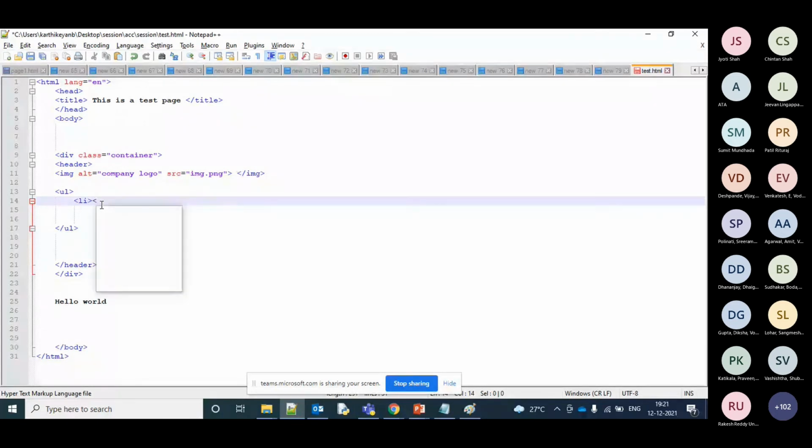I can create an anchor tag in it. Href: I'm just making it a hash so you'll be able to hear that it reads the hash as an internal link. Let's create one for ATA itself, about ATA, and close the a and then the li.